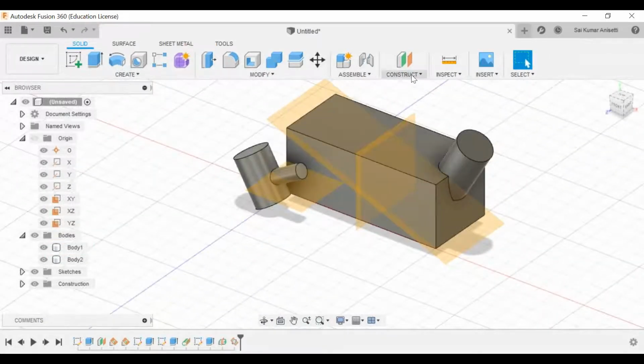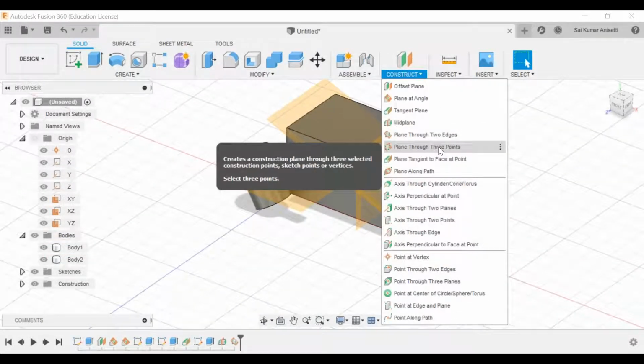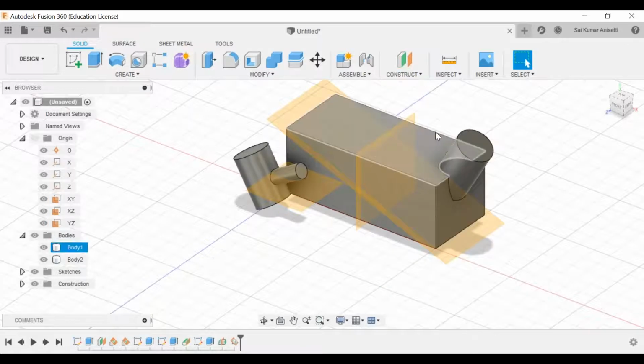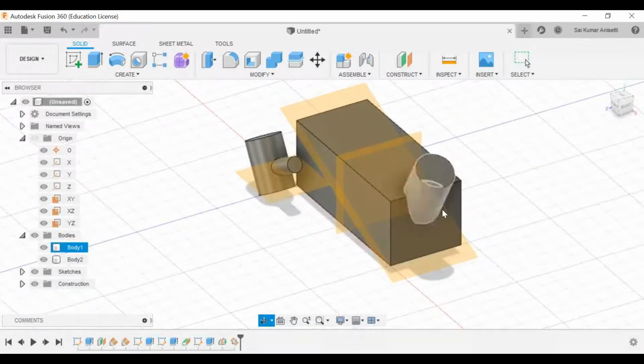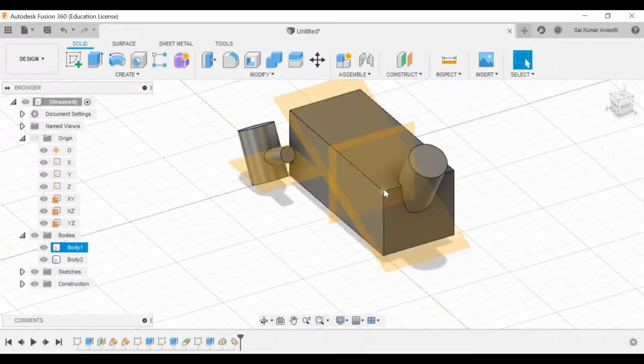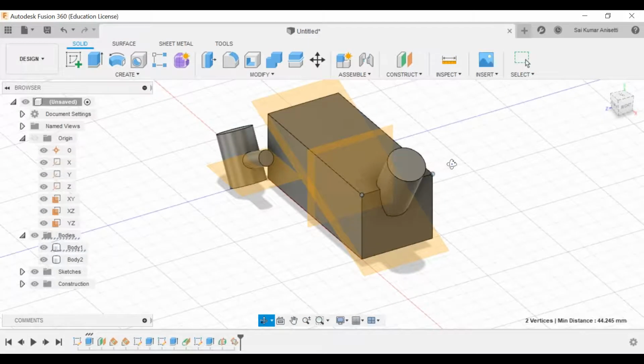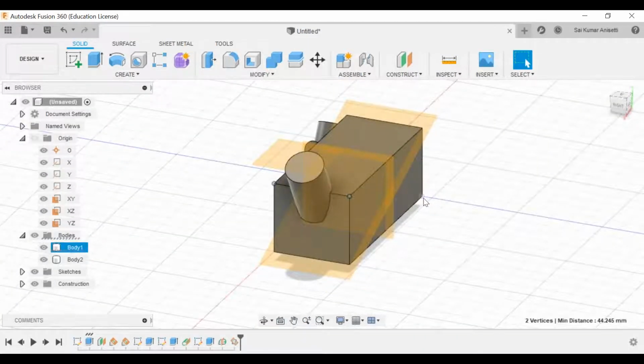Okay, next step, plane through 3 points. Now this is one of the trickiest ones. Now I have 3 points which are lying on three different axes. Let me take point number one, point number two, and point number three, which is over here.